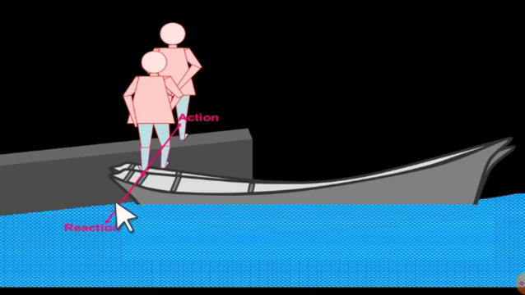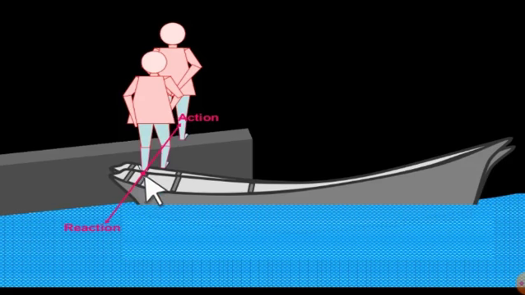The same is the case when you jump from the boat onto the shore, okay? When you jump toward that side, toward the shore, that is the action. When you jump from this position to this position, from the boat to the shore, right? So what happened, the force with which you applied onto the jumping, that is nothing but your... I think the diagram is wrong, I'm sorry, it was wrong while I was making it.